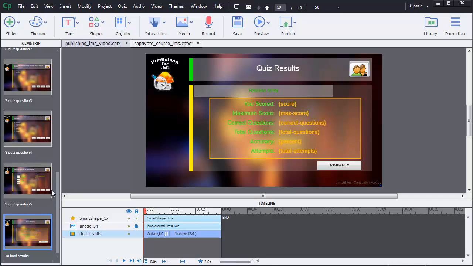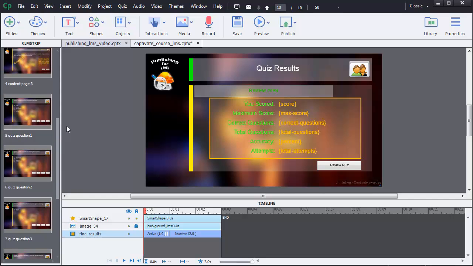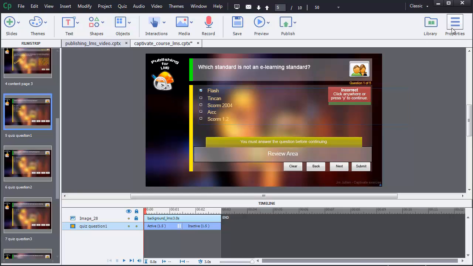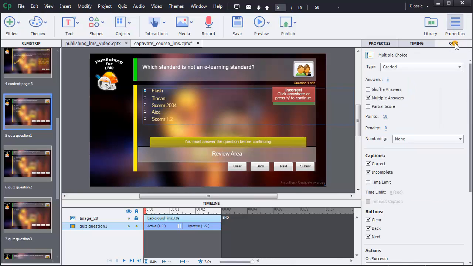In regard to the points, each question has a number of points equal to 10.